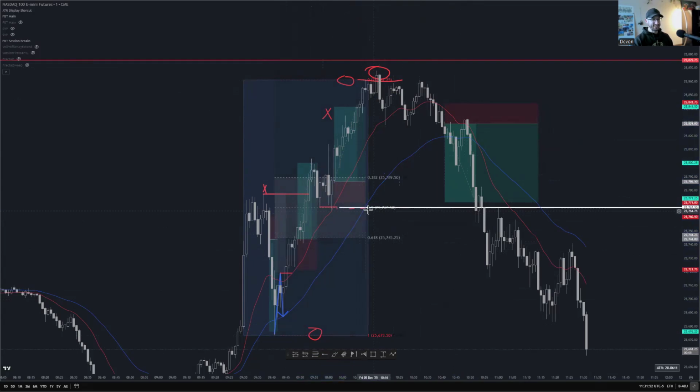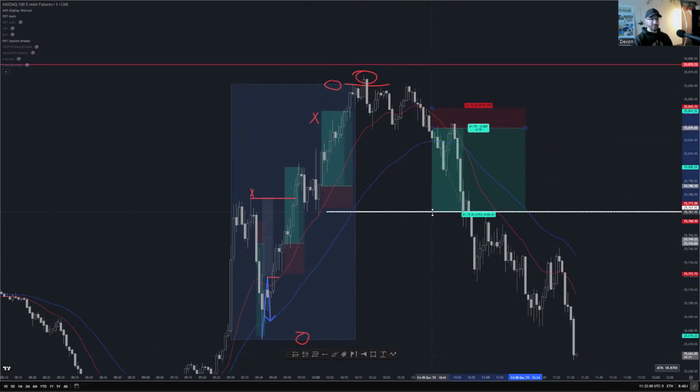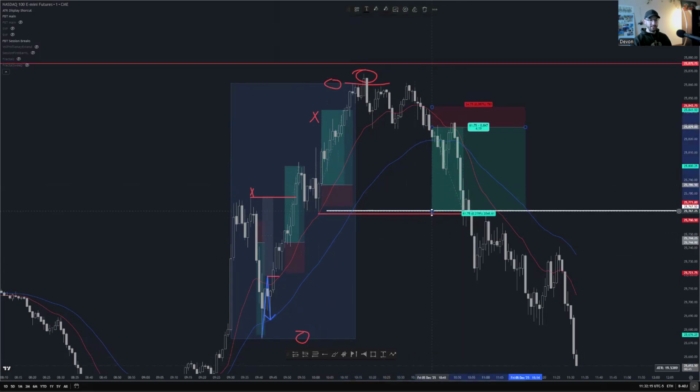All right, so that's going to be my analysis for this little section, right? And I targeted the 50%. Once it hits the 50, expect a pullback because a lot of traders are looking at that level there, right? Right next to it, you can see this is a pivot low. So not only did it target the 50, I was reaching a little bit further.